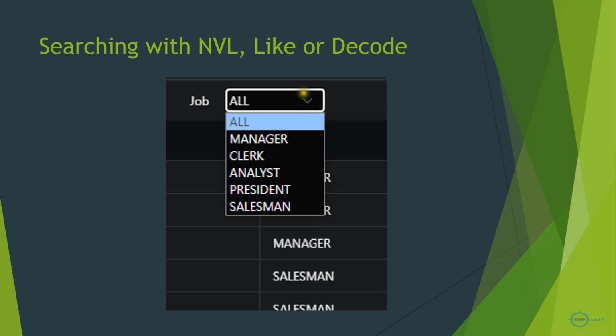If we have a list item and I need to give this option in my search. This is just a report in the back, and on the top there is a parameter of job, and here I have this list. In this list I have added All and other data as well. Based on this, the user can select All, or it can be null as well. So both options are there. I will show you how to get it done using